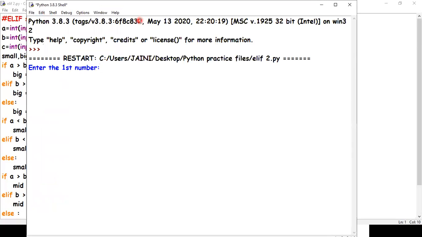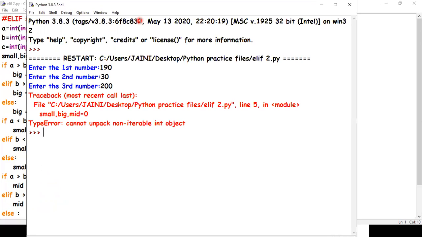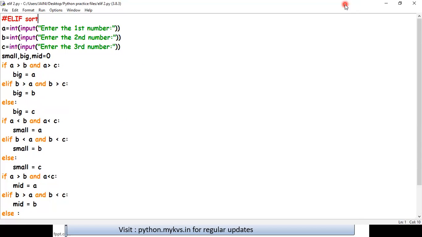Check if it works. Enter the first number 190, second number 30, fourth number is 200. Okay, what happened to it? Multiple assignment works, right?